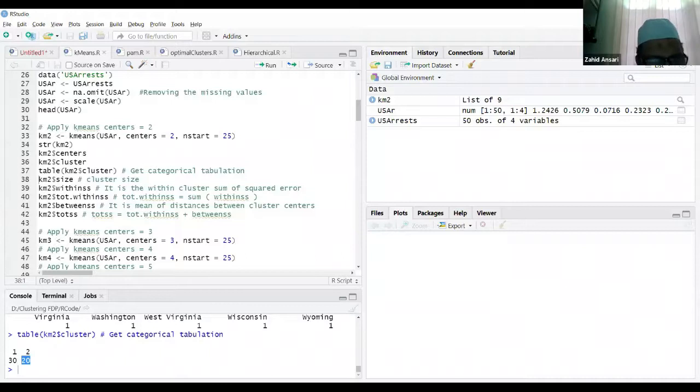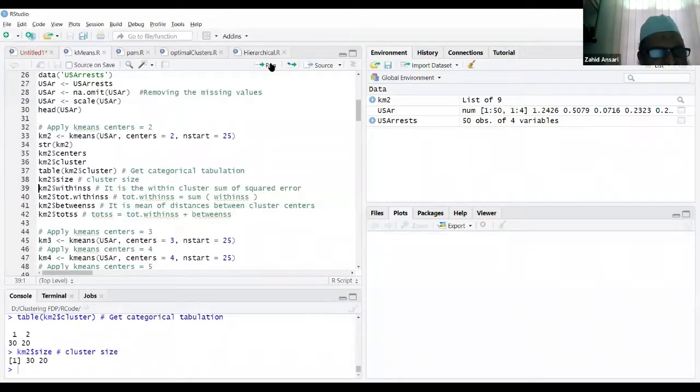Meaning these 30 states are similar in the crime pattern, and the other 20 are similar in the crime pattern. The similar thing you can get through the size of the cluster, km2$size. If I run this, I am getting 30 and 20, meaning the first cluster size and the second cluster size.